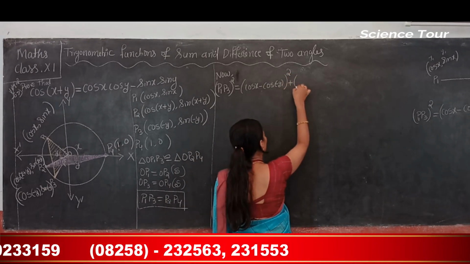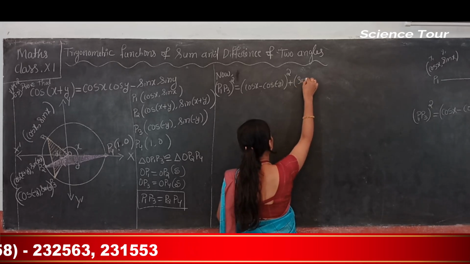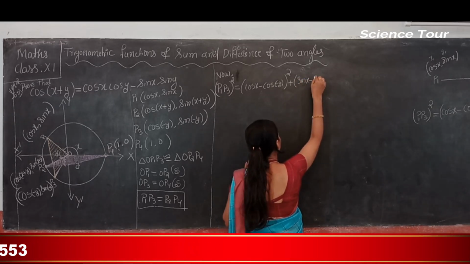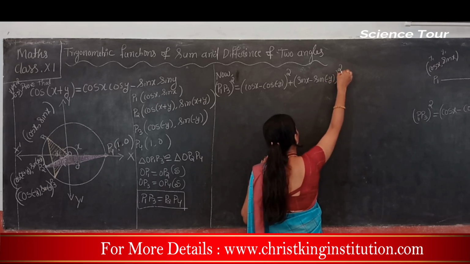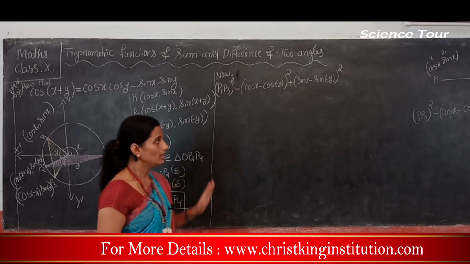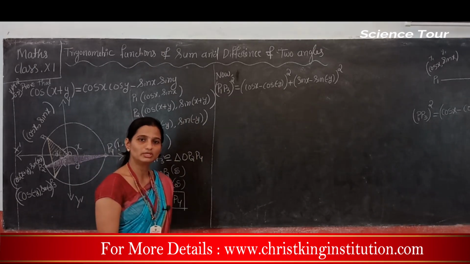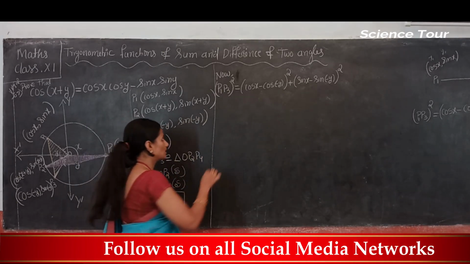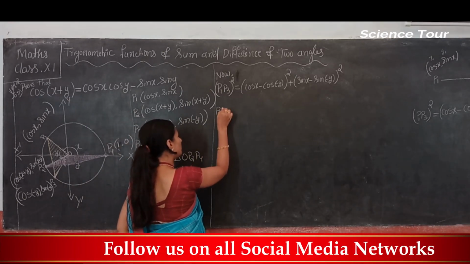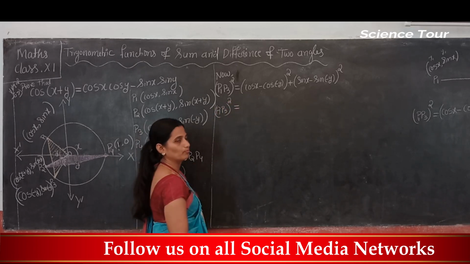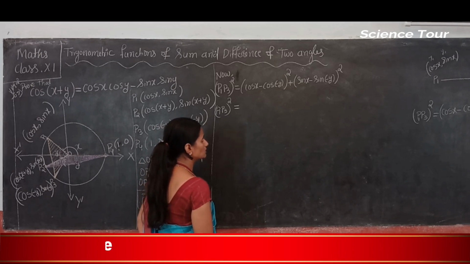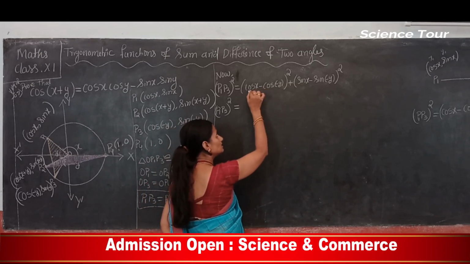Plus y1 is sin x, minus y2 is sin of minus y, whole square. So this is the formula. Now next is simplification of this one by using your basics. That is P1, P3 whole square is equal to